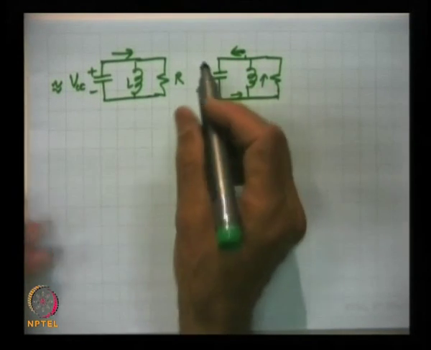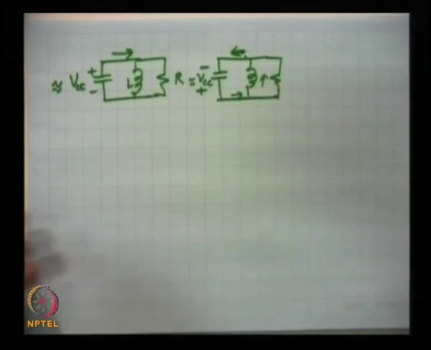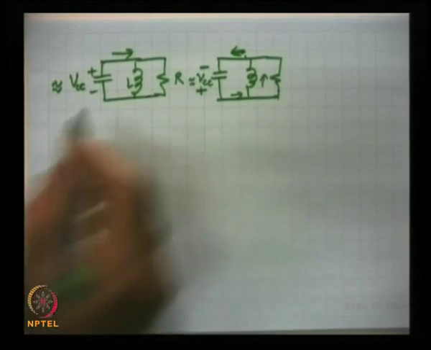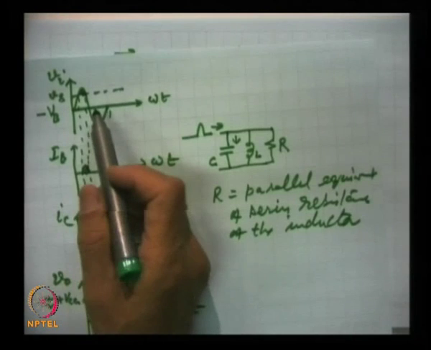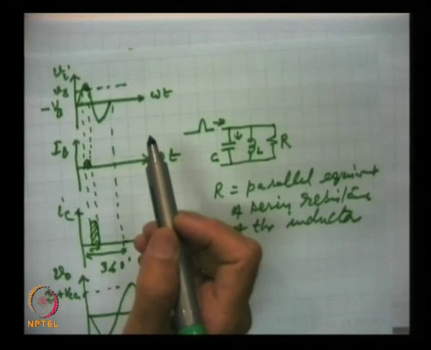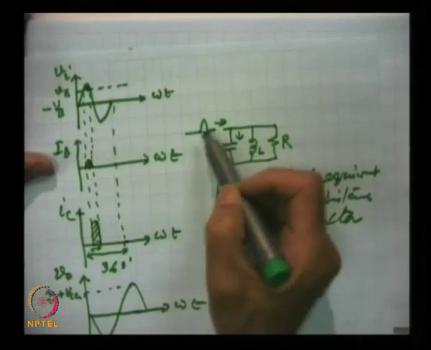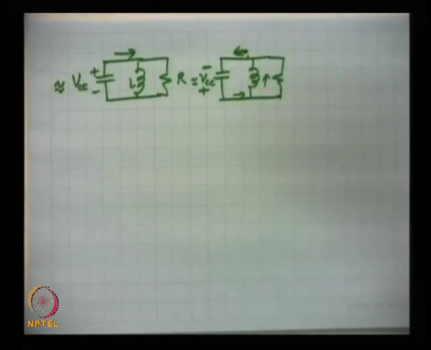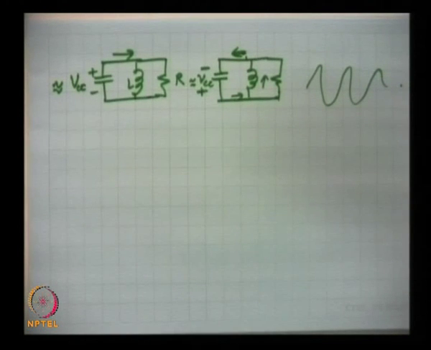The voltage will further be less, but still it will be closer to VCC. By then the pulse comes, and because these are all periodic pulses of high frequency, as we will see, these class C amplifiers are used at radio frequency, kilohertz and megahertz. So, the pulses will keep on repeating after a very short time, the inverse of the frequency. This process will go on and the sinusoidal output will be continuously available.